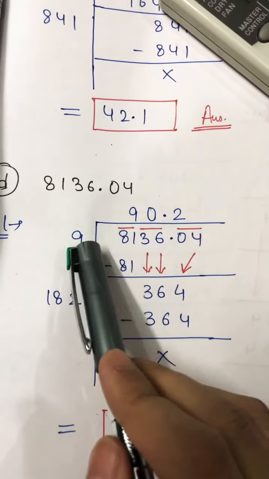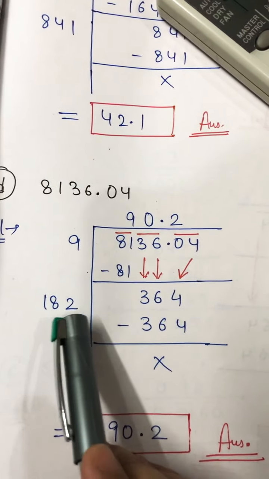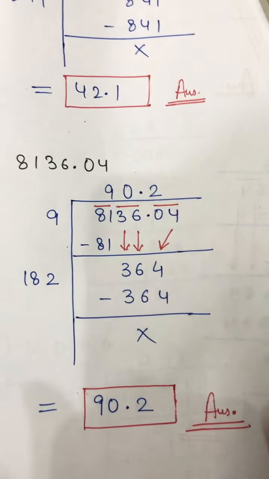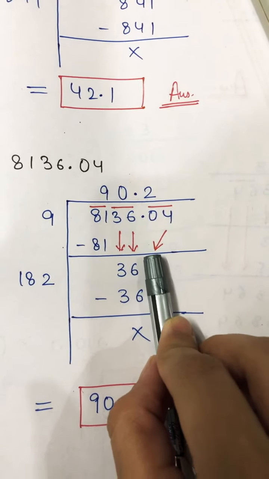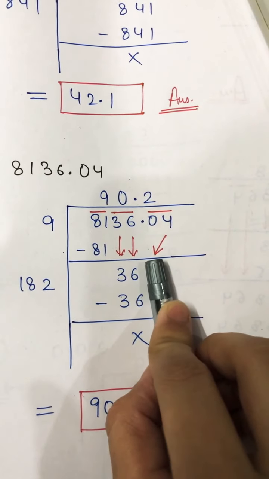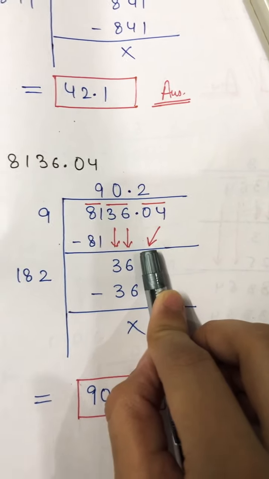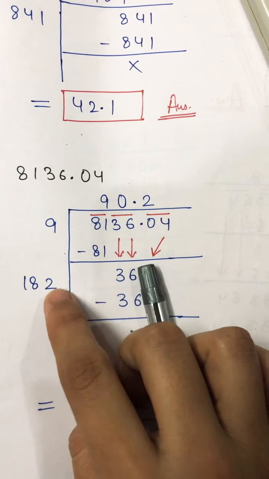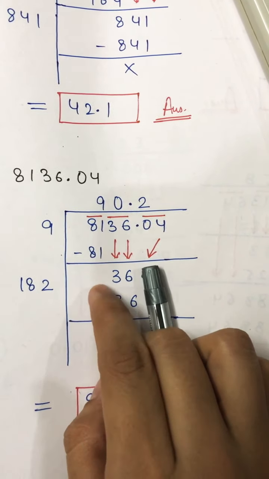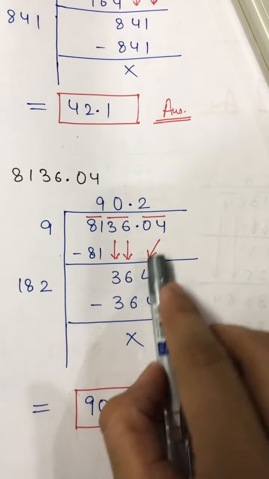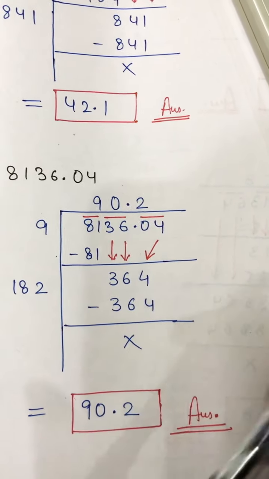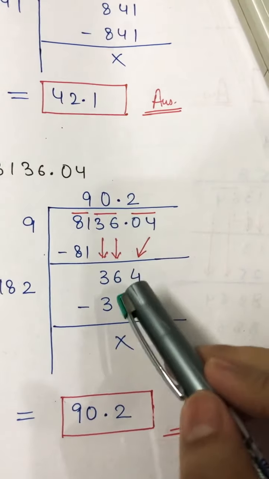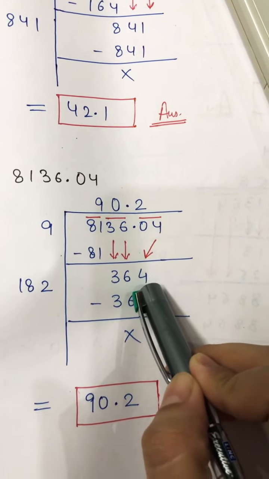Now 9 plus 9, 18. If I write any digit here, my answer will be bigger than this 36. Just forget this 4 for now. Right now I have taken out 36. If I multiply with any number here, my answer will be bigger than 36. So now I have to take out these two digits also. When I take out these two digits, 04 means only 4. 0 will not come.